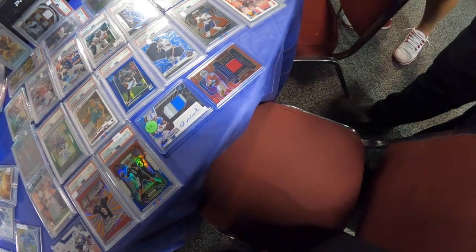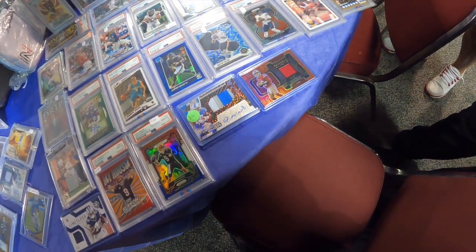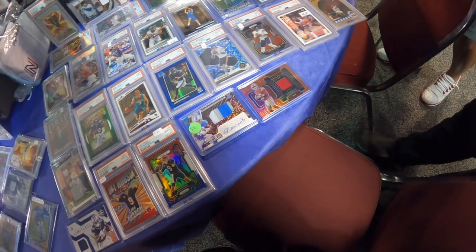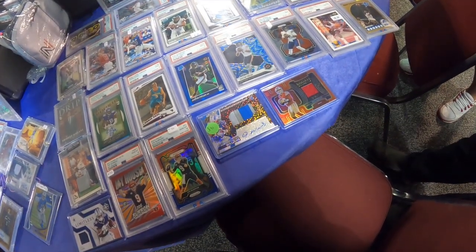But I spotted this Burrow downtown here at Trade Night. It's at a price that immediately, off the top of my head, says, hey, you know what? That's probably a pretty decent price. And I decide that I'm going to ask about a few other cards. This gentleman told me that he watches the videos, which is something that happens several times at Trade Night, where